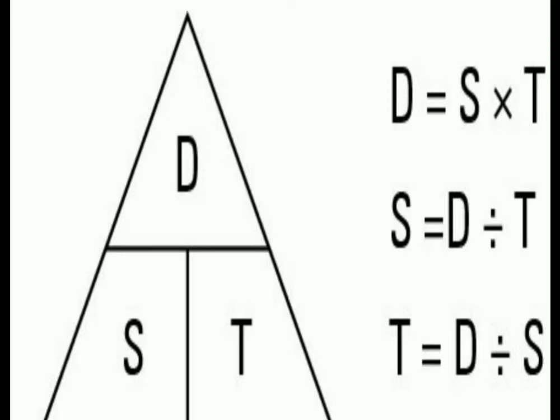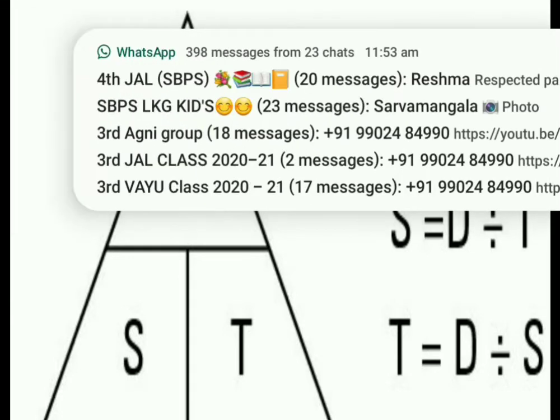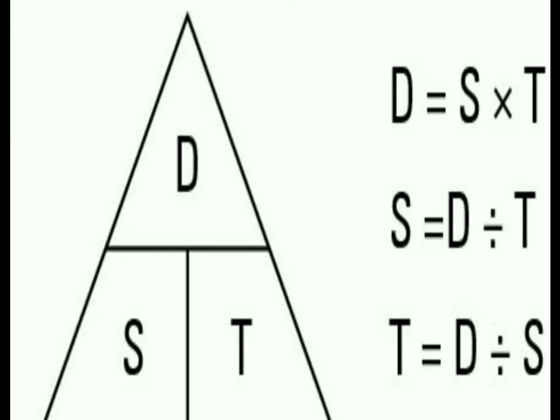Okay, so now see nicely we can remember d is equal to s into t, and s is equal to d divided by t, and t is equal to d divided by s. So by this way we can easily remember the formula to calculate distance, speed and time. So if you get a problem or a question to calculate the speed, you can clearly put this formula and write for speed, time and distance.